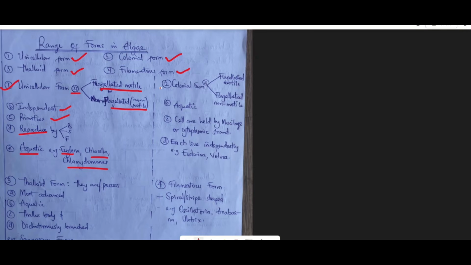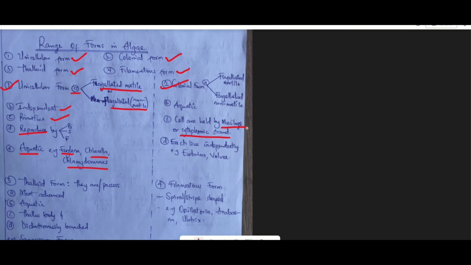Then colonial. What does it mean for algae to exist in colony? It means that they are cells, okay? But these cells now, they have one relationship or the other. Now, the major relationship between cells of algae that usually exist in colony is that they possess a strand that connects them, which is called the cytoplasmic strand, or what you call a mucilaginous strand, which helps them to be